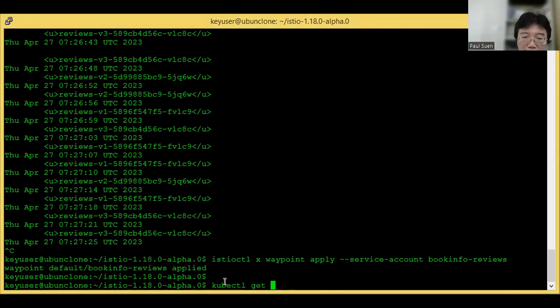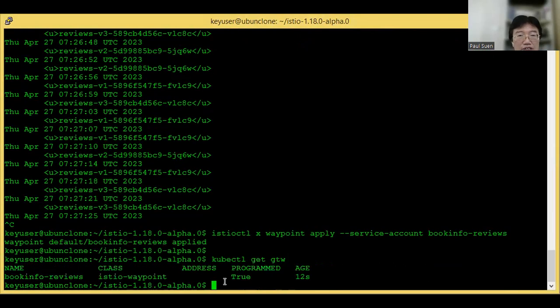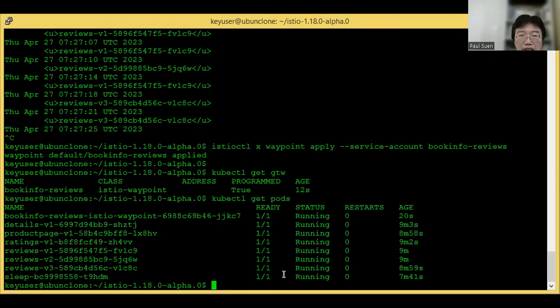First, we check that this waypoint has been deployed as a gateway, and yes, we also see a waypoint proxy pod has been deployed. One thing we can check is that the waypoint proxy is applied to the service account bookinfo-reviews.